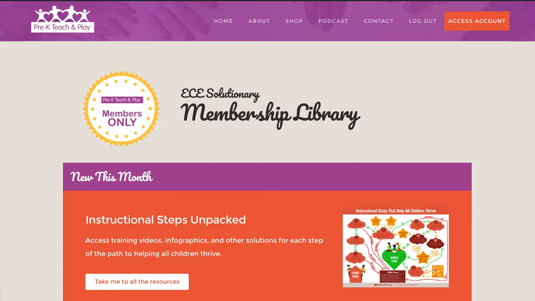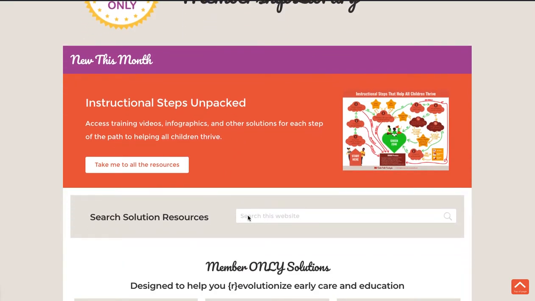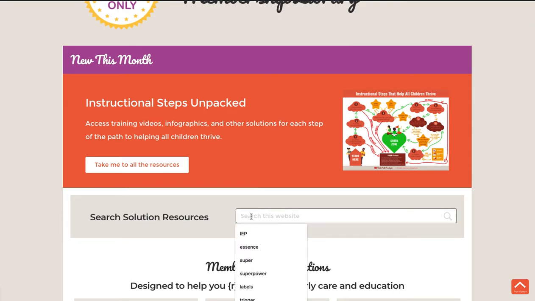Or even think about it as a Google search, but it only searches the world that we live in, and so you don't have to sift through things that aren't related. So for example, one way to search is just to use the embedded search engine in the library. And so I would say just search by keyword.